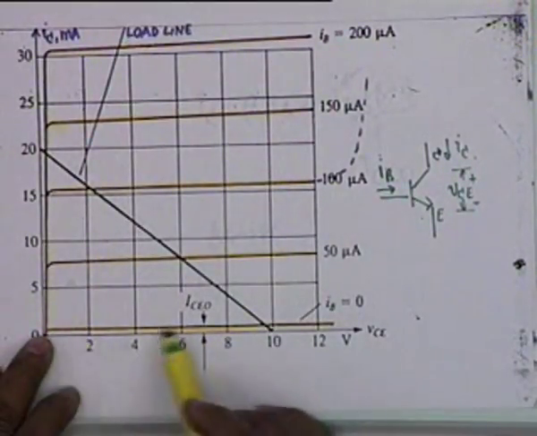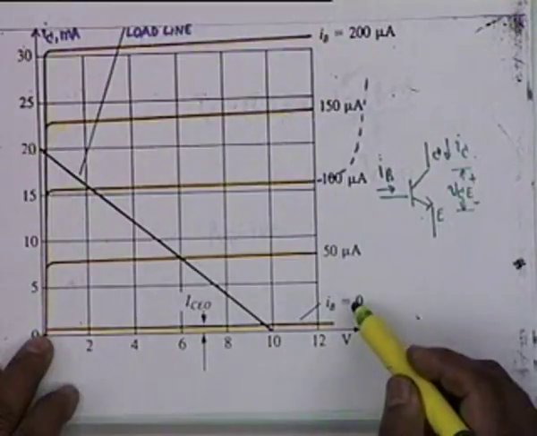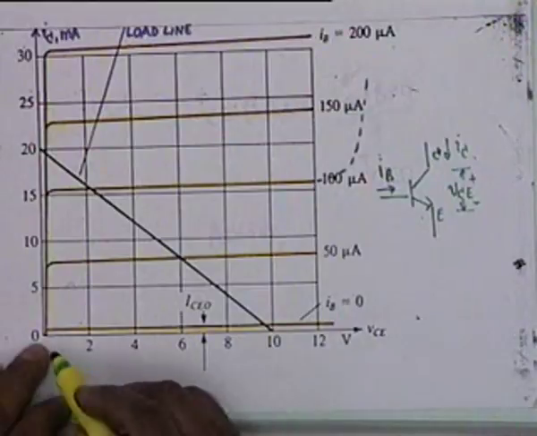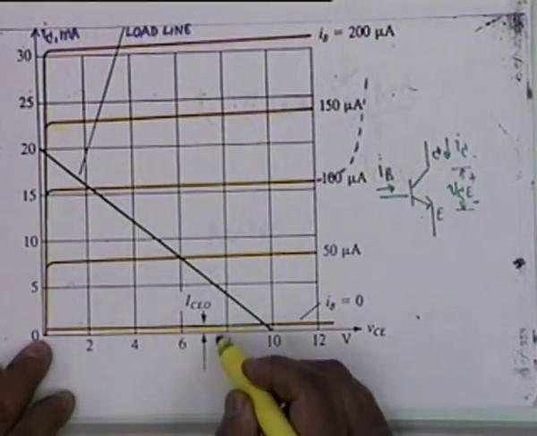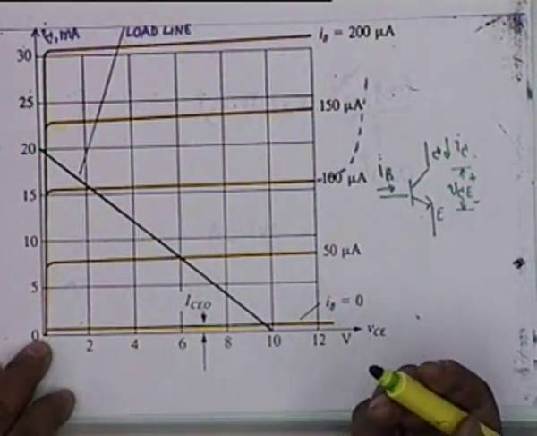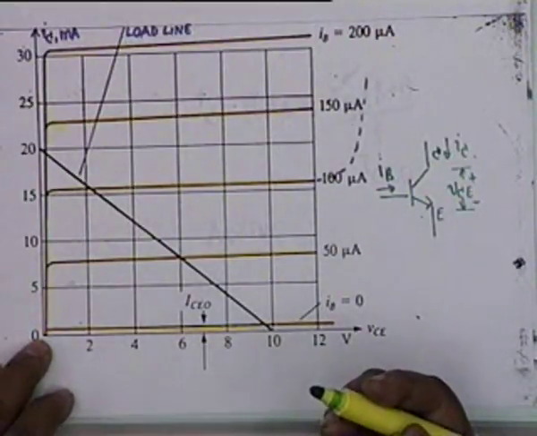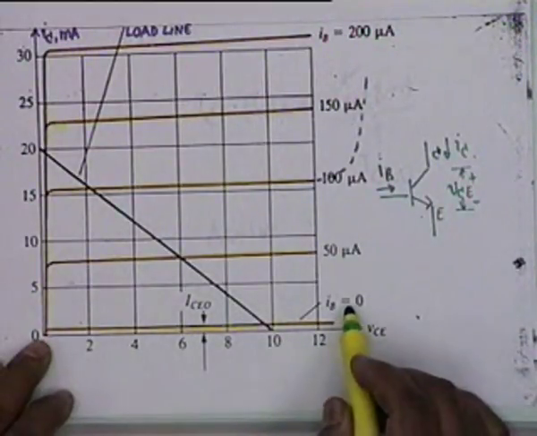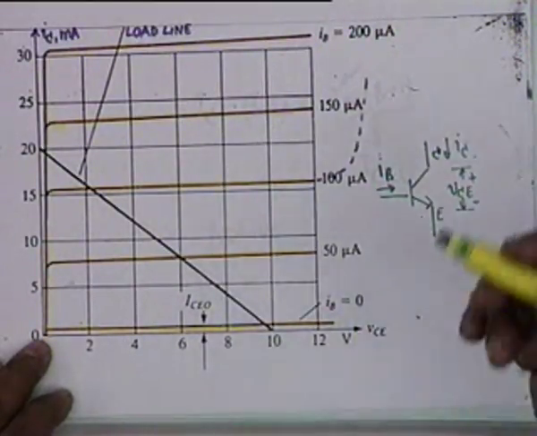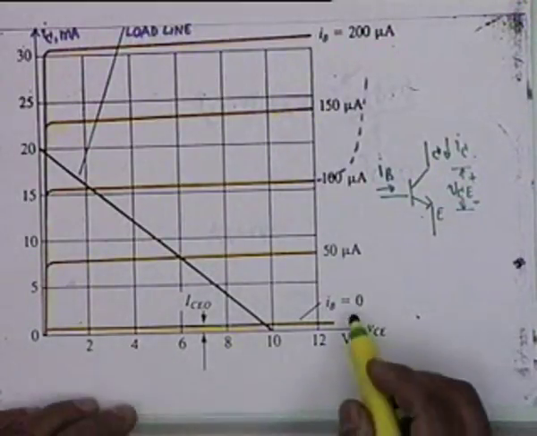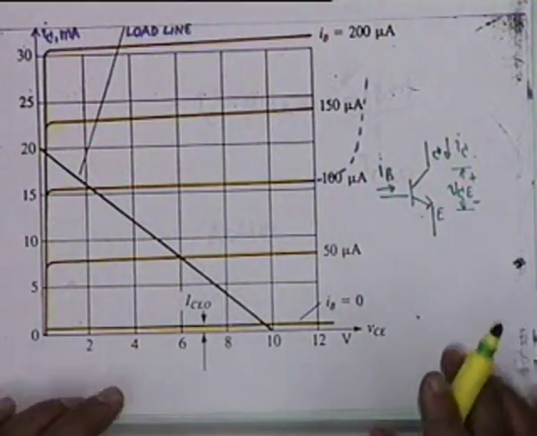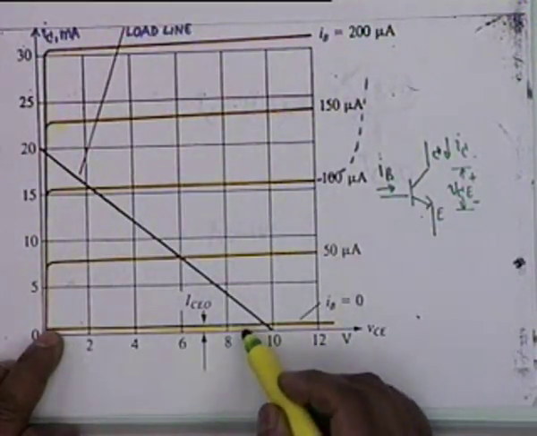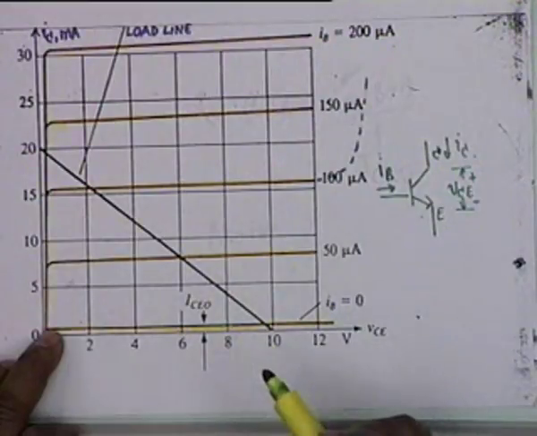It is also bounded by this line, because if IB is 0 or negative, then the transistor does not conduct. This current that flows is only ICEO, which is tens of microamperes. This is not the current that we want. We want a much larger current. So if IB is negative, then of course the collector current would be 0. If IB is 0, a small current flows, which is of no concern. So this line is called the cutoff line. When the transistor is operating under such conditions, it is said to be cut off.